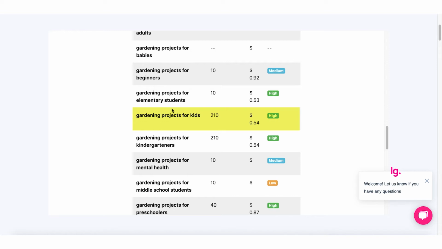So what I'd want to do is validate that by potentially looking for that phrase with another keyword tool to see what that tool tells me in terms of the competition. To be honest, sometimes these free tools are completely whack in terms of their competition scores, and I can actually rank quite easily for gardening projects for kids. So I'd have to do a little bit more due diligence, but from this, you can see that Keyword Cheater is a really quick way for you to put a ton of keywords in at once and start isolating which ones are potentially good opportunities.